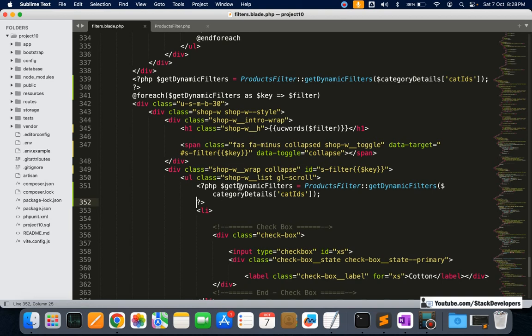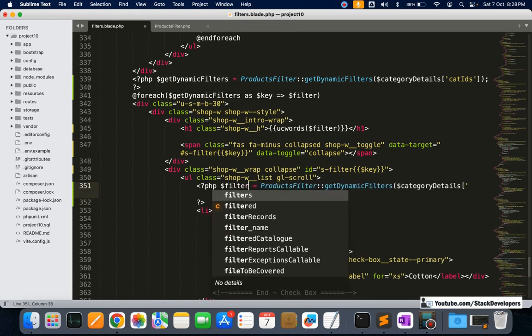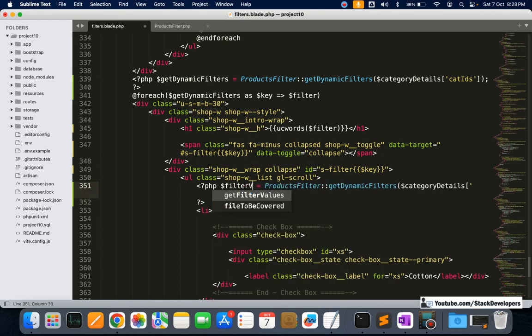Here we are going to make another value, like filter values, as we are going to show these filter values. So that's why we add the selected filters. Here, first of all, we are going to pass dollar filter, sorry, after that we are going to pass this dollar